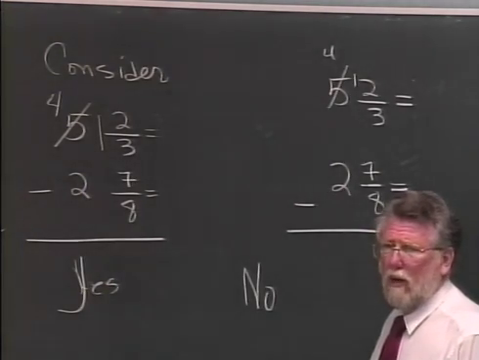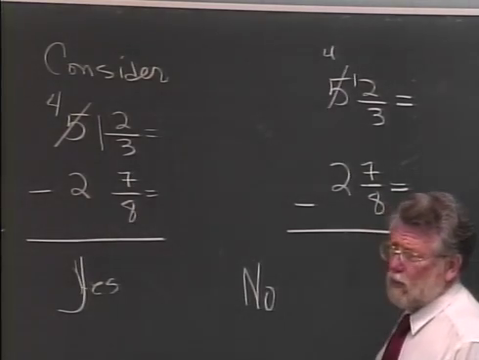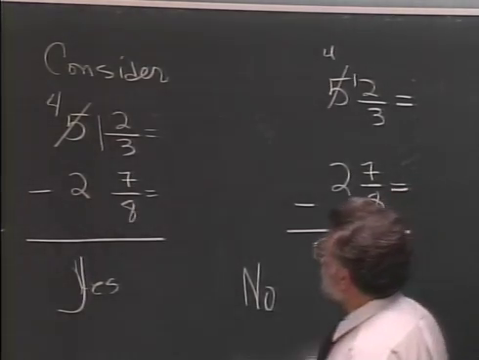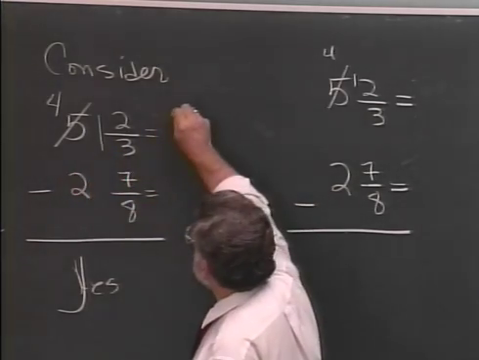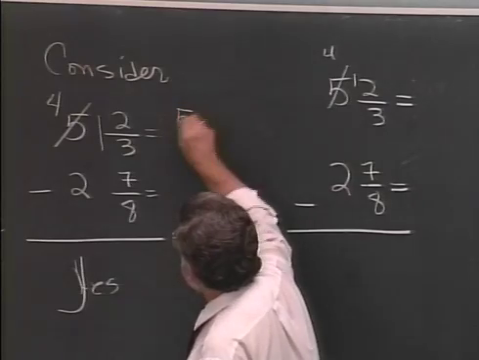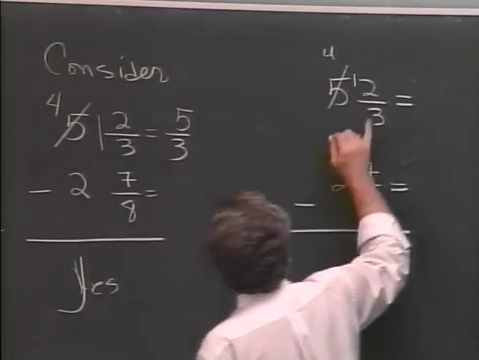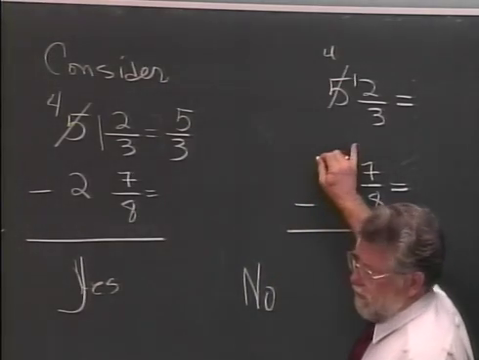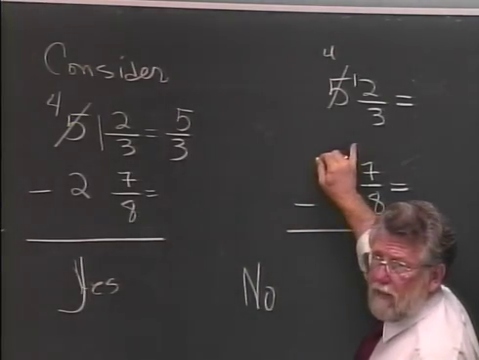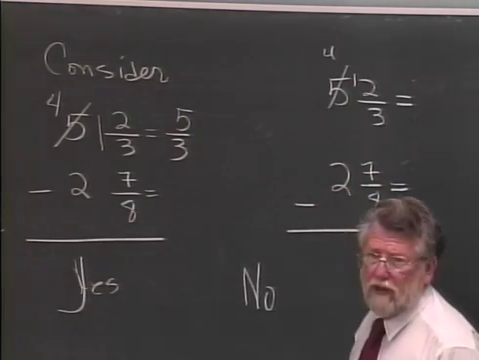Because you didn't borrow 10 to make that a 12. You borrowed a 1. So your 1 2/3 actually becomes what? 5 over 3 rather than what? 12 over 3. So this is a huge, huge mistake because of the way you usually borrow when you subtract